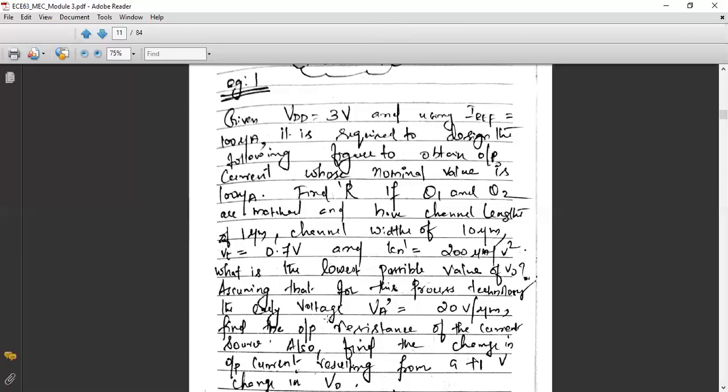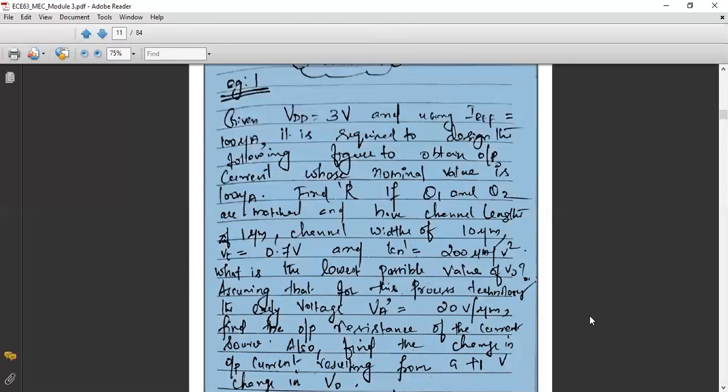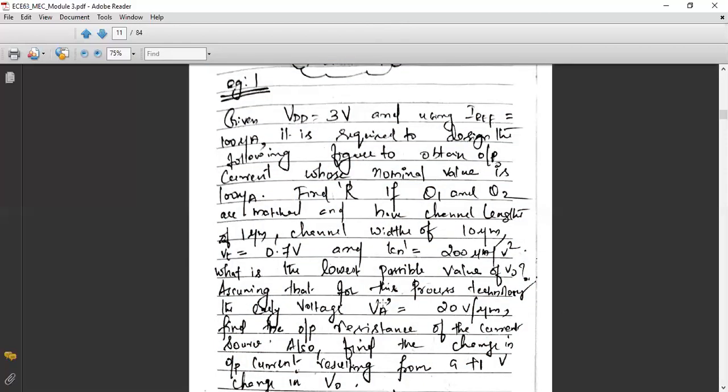And apart from that, you have been given the early voltage of 20 volt per micrometer. See, it is VA dash. The significance of putting the dash here is that it is voltage per length. What is the total length here? You can see the total length is 1 micrometer. Means the overall voltage is nothing but 20 volt, because the length is only 1 micrometer. So for 1 micrometer you have 20 volt. So what is the overall voltage? It's 20 into 1, that is 20 volt.